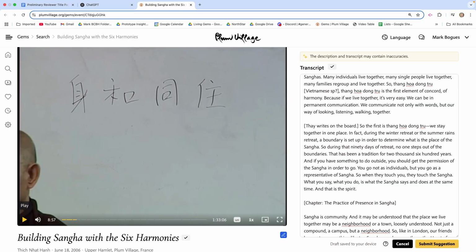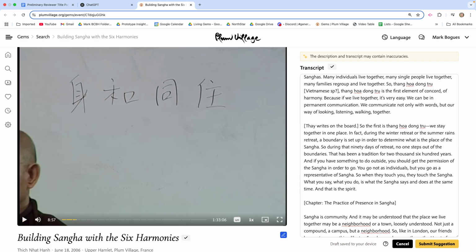So we take a screenshot of this phrase. This can be done on a Mac keyboard using the keys Command, Shift, and the number 4, or on a Windows keyboard, Windows key, Shift, and S. I'll put that in the comment section below. When we use these keys, you can see that we get a little snipping tool, and we can use that snipping tool to screenshot the part of the screen that we want to capture.